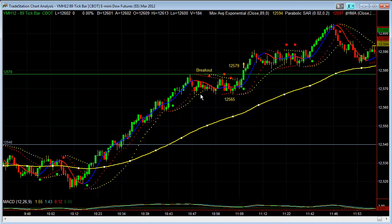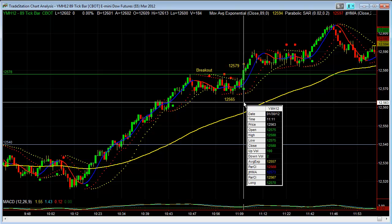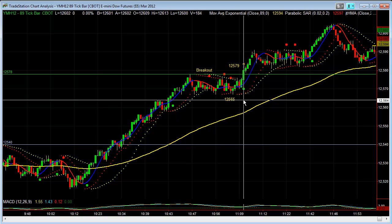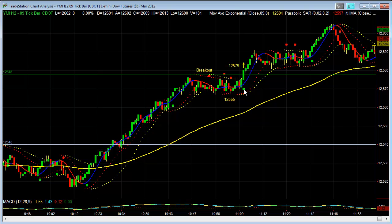And then I took this trade. This was at 11:11, and it was a breakout trade. It was also being confirmed by a long trigger. So I felt pretty comfortable with the trade. Typically, what I like to wait for is for this price to actually come back toward the 89 EMA and maybe even tag it for a trade. The other thing, and the reason I took this trade, is that we had a very extended